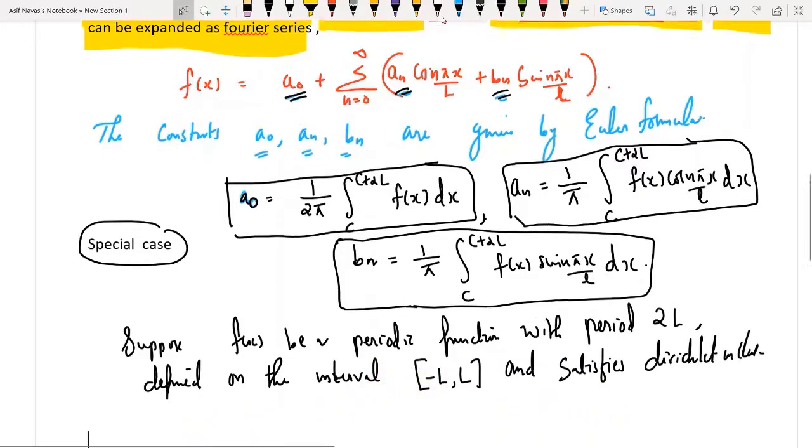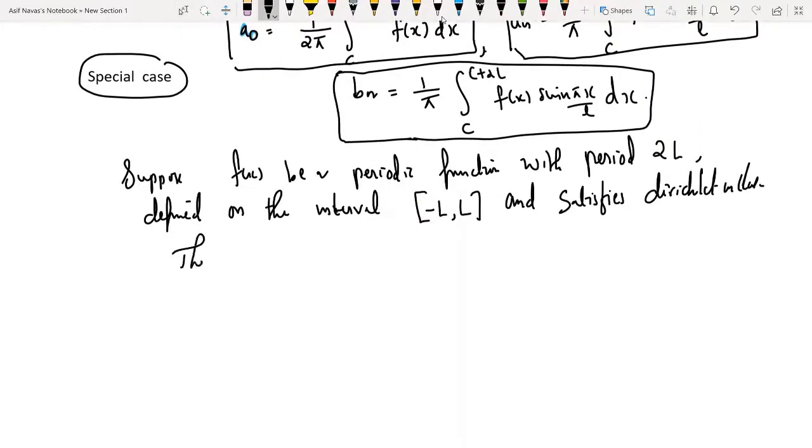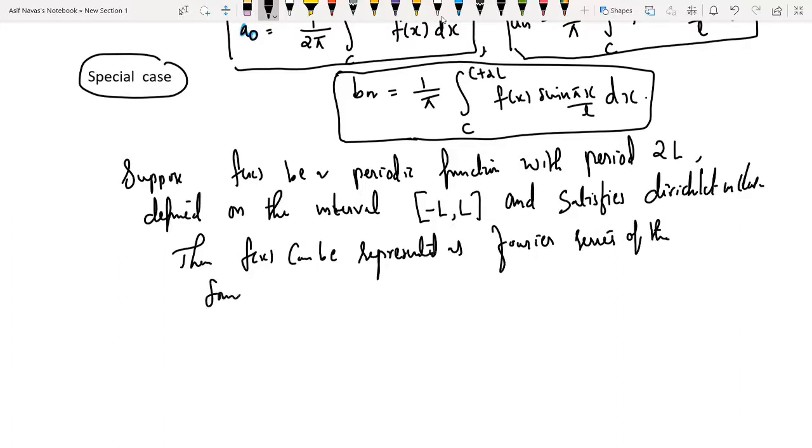Then f of x can be represented as a Fourier series of the form f of x is equal to a naught plus sigma n equal to 1 to infinity of an cos n pi x by L plus bn sin n pi x by L,